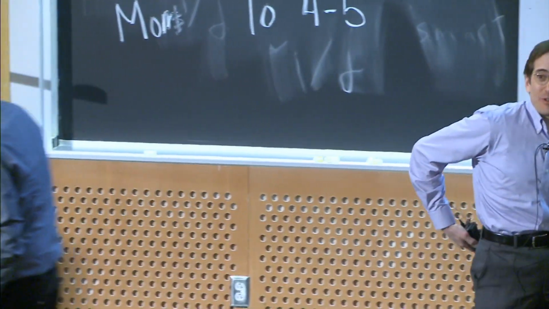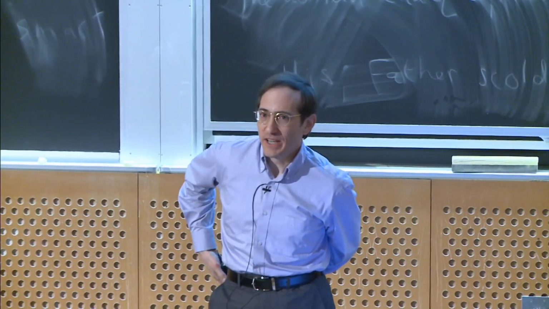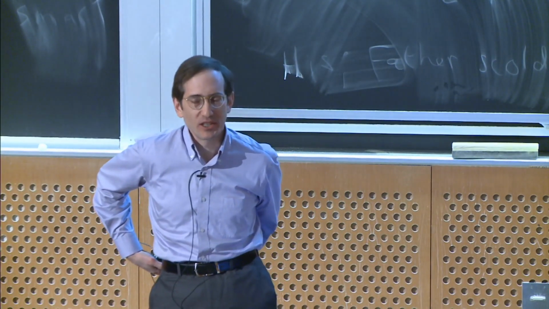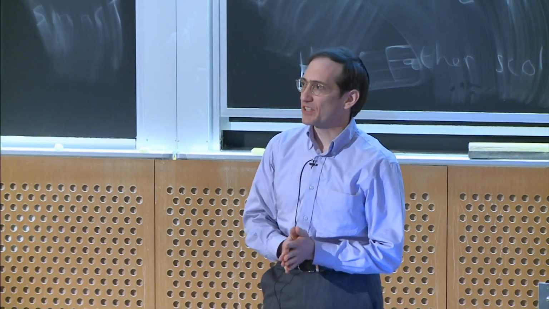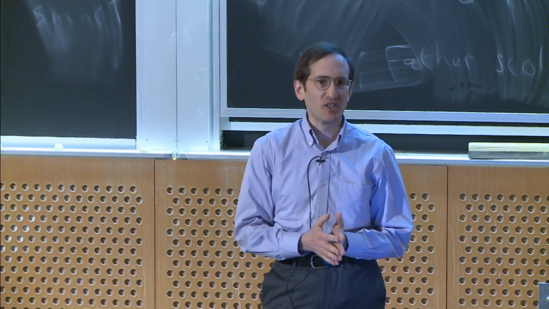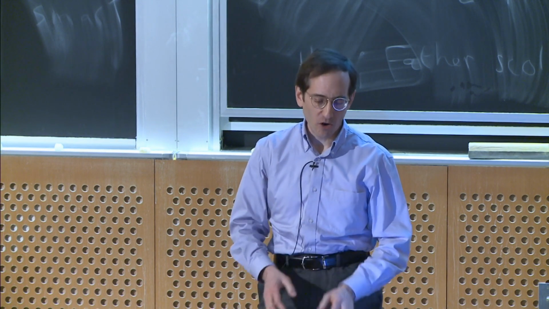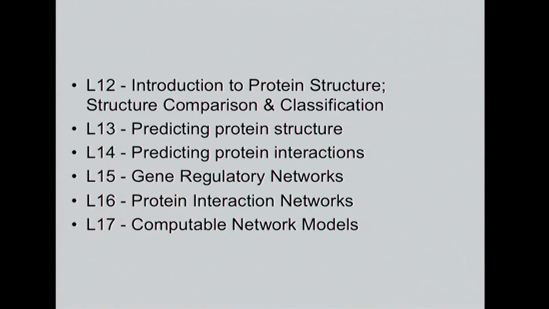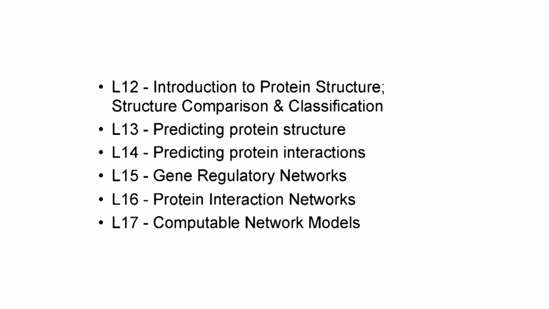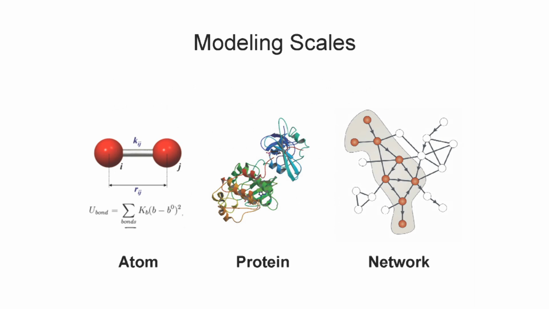All right, so in the preceding lectures, you'll have heard a lot about the amazing things we can learn from nucleic acid sequencing. And what we're going to do in the latter part of the course is look at other modalities in the cell. Obviously, there's a lot that goes on inside of cells that's not taking place at the level of DNA or RNA. And so we're going to start to look at proteins, protein interactions, and ultimately protein interaction networks. So we'll start with the small scale, looking at intermolecular interactions, the fundamental biophysics of protein structure. Then we'll start to look at protein-protein interactions, and as I said, the final level will be networks.